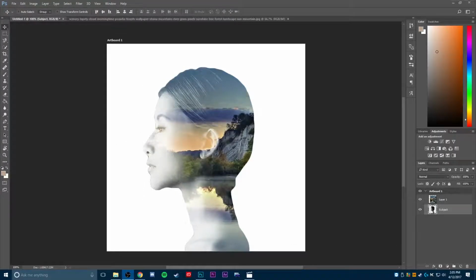So now that we've got that down pat, the one thing that I have noticed, a lot when you do this with black and white, is the whites are extremely overpowering all the time. As you can see where her face is right here, it's really overpowering as it goes over, and it's going over some of the bush, it's going over the lake, it's changing the tone. So what we can do to fix that is we can come down here, we can select our subject layer,